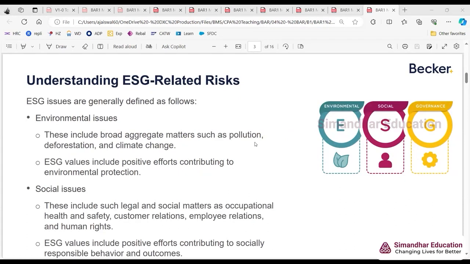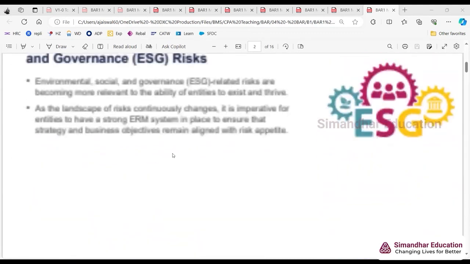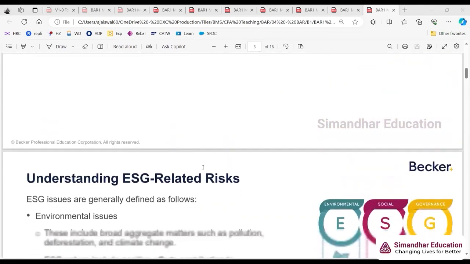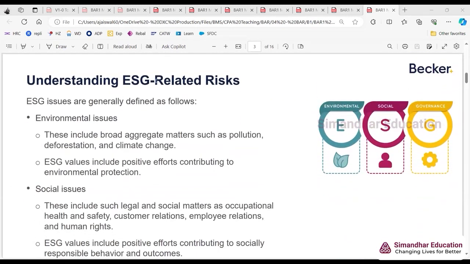So I'm saying that the shareholders care about appreciation in share price, shareholder value, correct? But even the shareholders will consider these ESG issues also. Let's say two companies are there, both have growth perspectives. The shareholder has seen that both will give good returns in the future. Now the first company is taking care of these ESG issues also, and the second company is not taking care. Then which company are they going to choose, the first or the second?